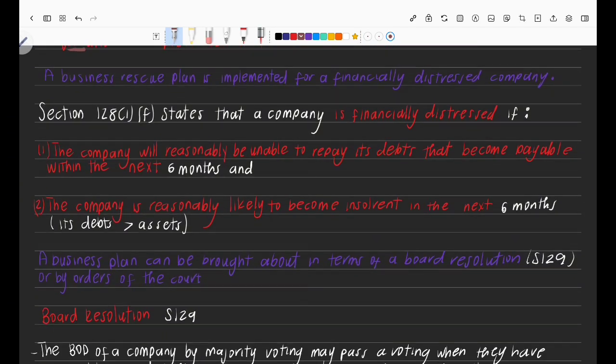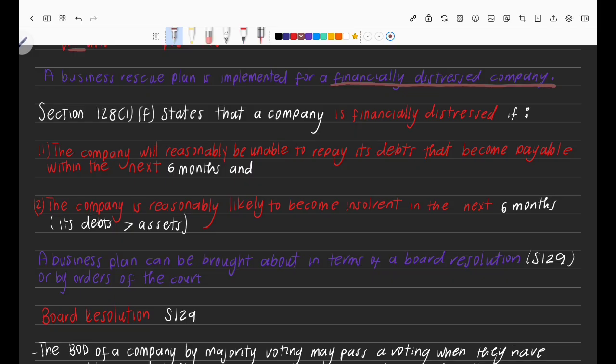So we are saying a business rescue plan is not just implemented on any company. It is implemented on a company that is said to be financially distressed. Now we need to look at what financially distressed means, and we already covered that. It is also still under section 128, right? Because we said the first section defines, and the section that initiates this whole business rescue is section 128,